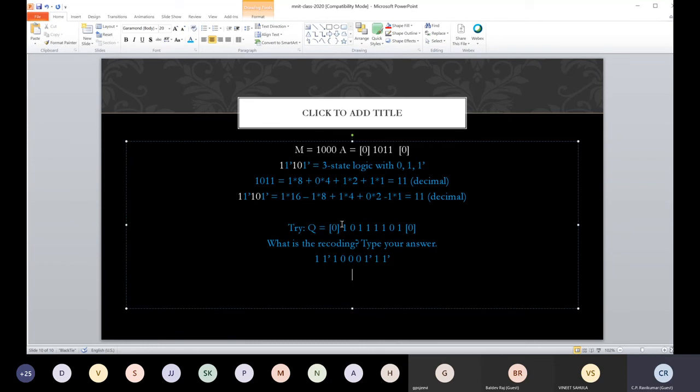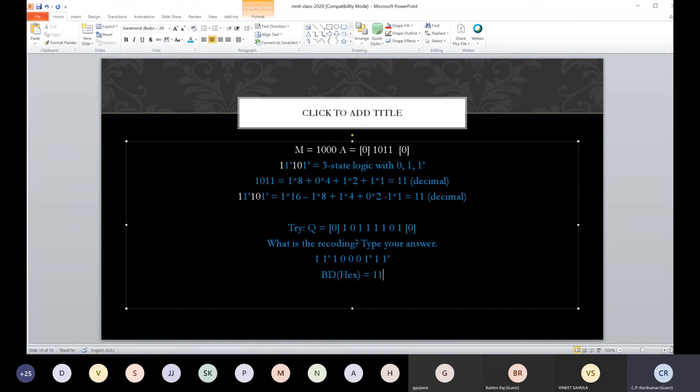So this number, what does this number represent in binary? 1011 is, I believe, B, right? And 1101 is D. What is that number?